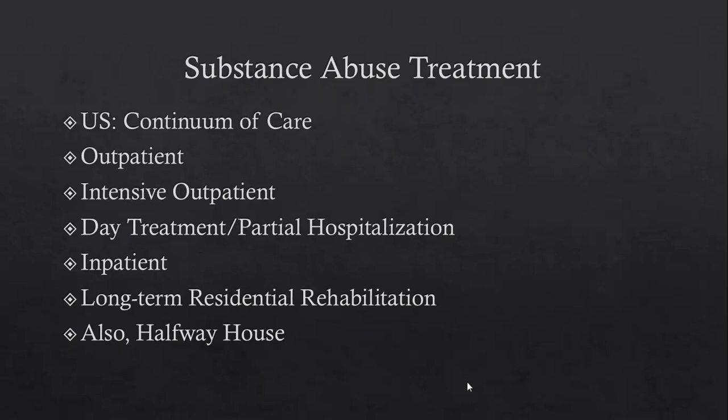And this treatment would take place usually somewhere between 1 to 4 hours per week. So the person might go for, say, one group therapy session that would maybe be 3 hours long, and then maybe one individual session that would be 1 hour long. So they'd have maybe 4 hours of treatment. And the idea here is that this is a little bit more of an intensive level of treatment. It gives people a little bit more therapy, but still allows them to remain at home rather than going to a hospital. So they could still work. They could do their treatment in the evenings or before or after work.